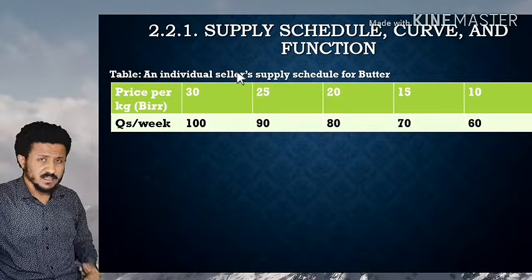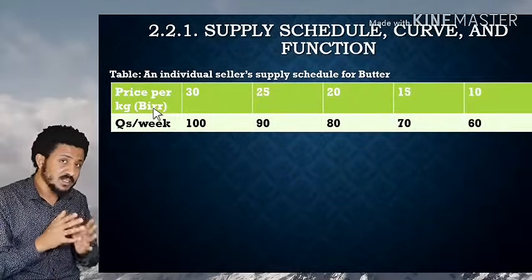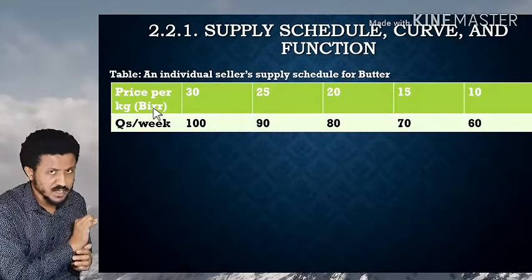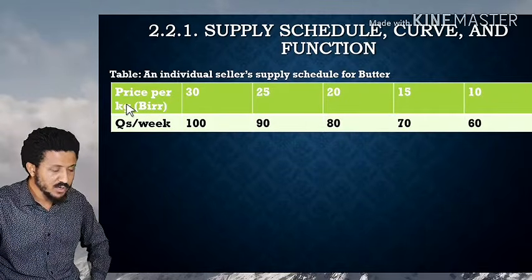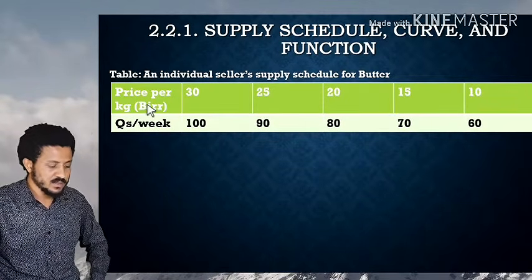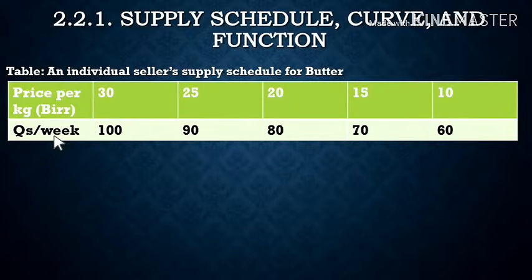ስለዚህ እዚህ ጋር እስቲ የኢንዲቪጁዋል ሴለርን ተጠቅመን አንድ ሻጭን ተጠቅመን እስቲ ሰፕላይ ስኬጁሉን for butter። በዚህ ሰፕላይ ስኬጁል በዚህ ቴብል ውስጥ ምን ማየት አለብን? ፕራይስ ሲጨምር ኳንቲቲ ሰፕላይድ መጨመር አለበት የሚለውን ህግ ማየት አለብን ማለት ነው። Let's check it out. እስቲ ፕራይስ per ኪሎግራም ሲሆን በብር ዋጋ 1 ኪሎ በብር ስንት ነው፣ ኳንቲቲ በሳምንት ስንት ያቀርባል? ይሄ ሴለር ስንት ያቀርባል? ኦኬ። So ይሄ 30 ከሆነ, when the price is 30 ሲሆን ይሄ ነጋዴ በሳምንት 100 ኪሎ ያቀርባል ማለት ነው።